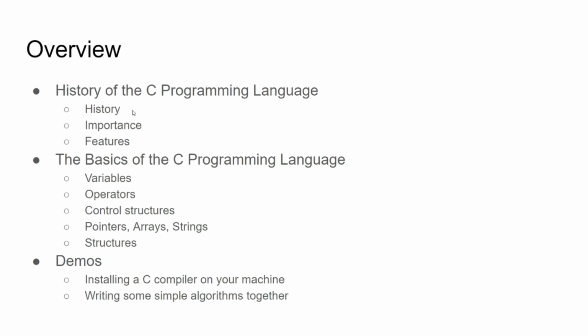So the first thing I'm going to go over is a bit of the history of the C language, the importance of the C language, the features of the C language, and then we're going to go into how the C programming language works. We're going to go over how to declare variables, operators, control structures, pointers, arrays, strings, and structures. So it's basically like ICSI 201, but for the C programming language in 1.5 hours instead of an entire semester